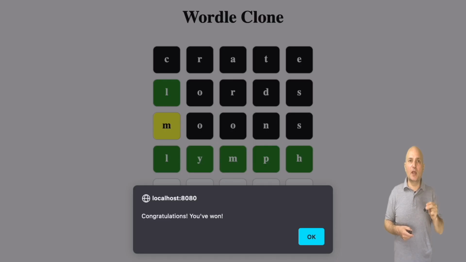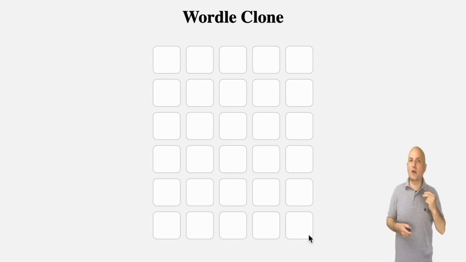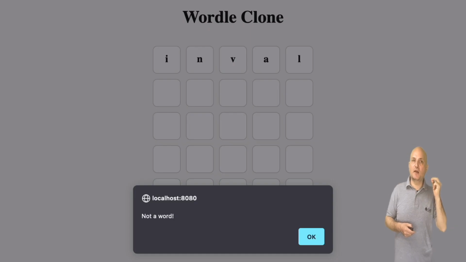Under the hood, every time I type the fifth character, a request is sent to the web service we built in Spring Boot, and it returns the result to the JavaScript code.